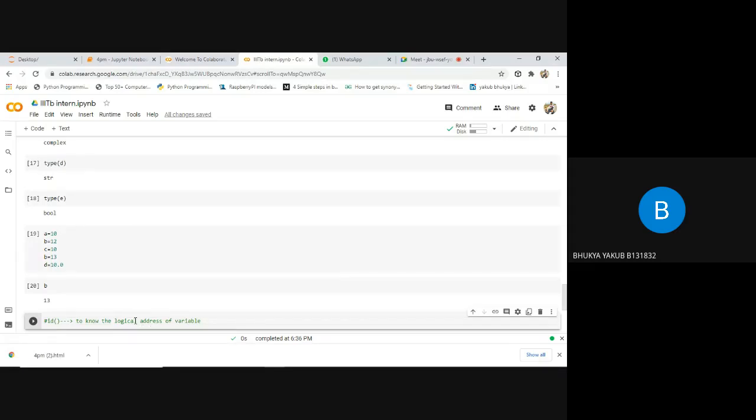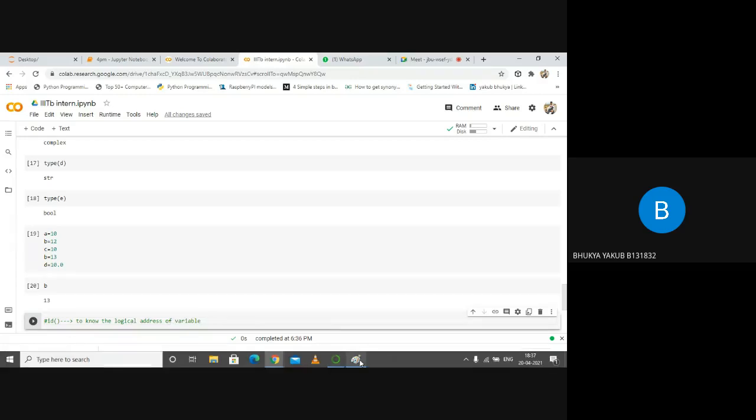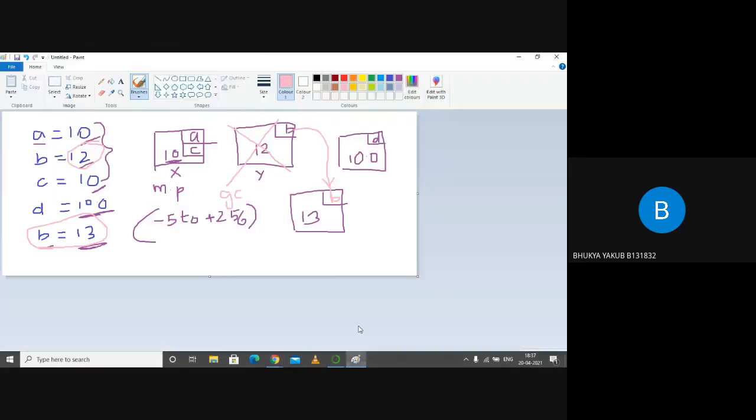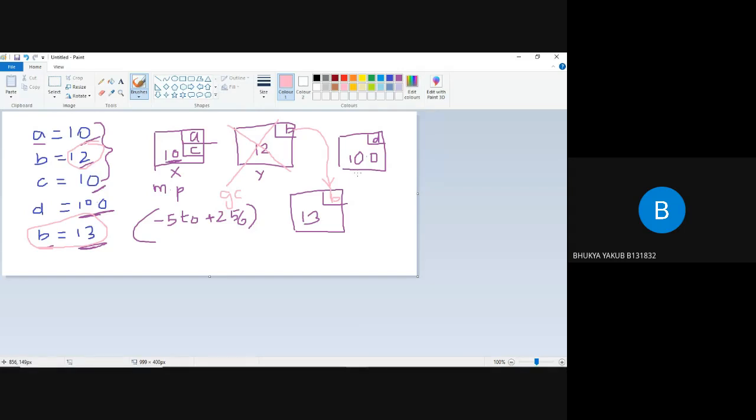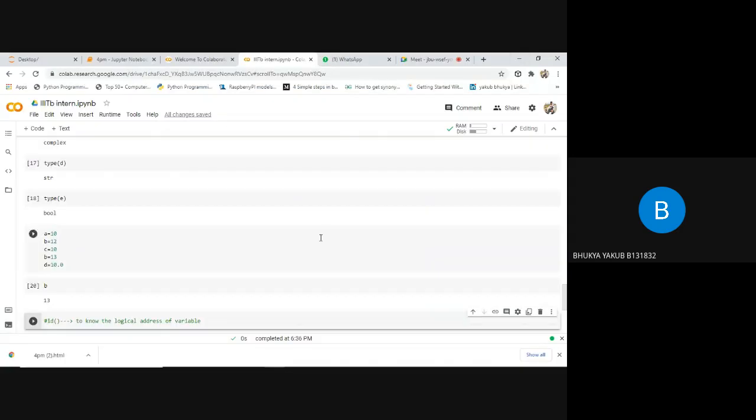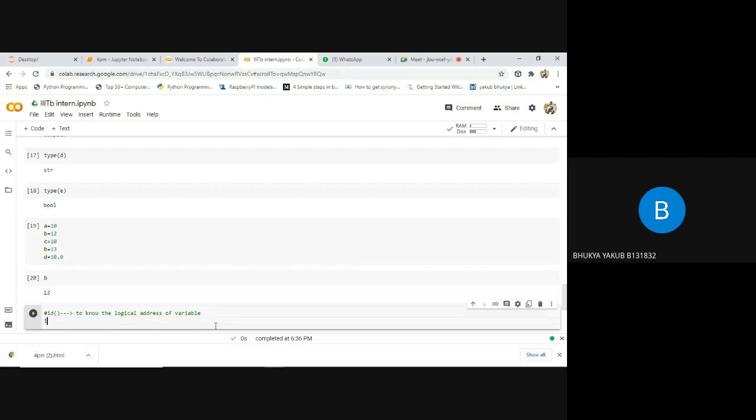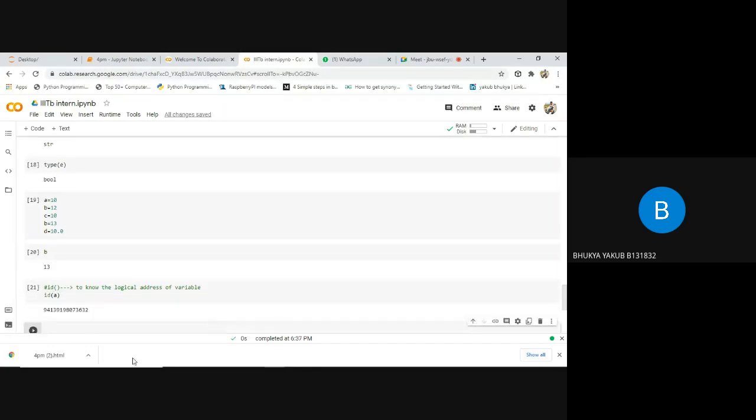Okay, good. So here previously I showed you ID, that is, I wrote X here, I wrote X and Y and some Z here and some double x here. Let's suppose these are some logical addresses. To know these logical addresses, we'll be having the id function. It means where your CPU is allocating memory to this variable. Now, initially, I want to know the logical address of A. So if you observe the logical address of A, it is a logical address which is assigned by your CPU.